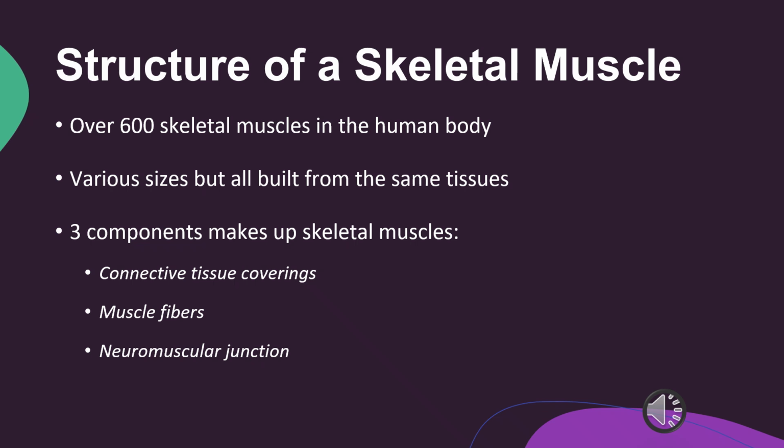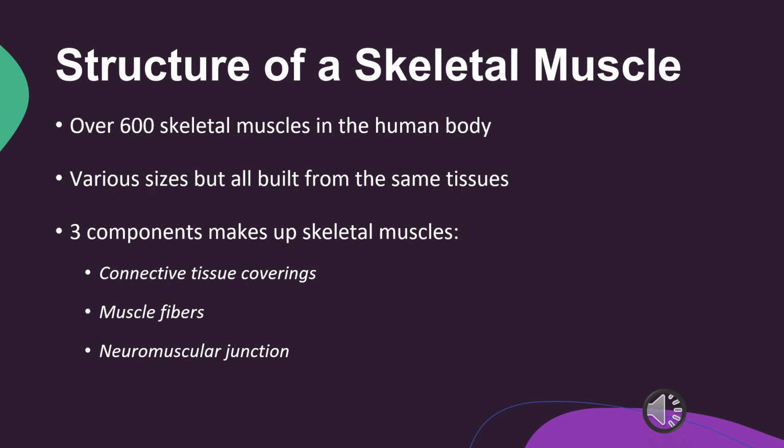Let's now take a closer look at the structure of a skeletal muscle. As I said before, there are over 600 skeletal muscles in the human body. Some are big, like your quadriceps or your gluteus maximus, and others are small, like the muscles that move your fingers or your eyelids. Even though they come in all these shapes and sizes, they're all built from the same